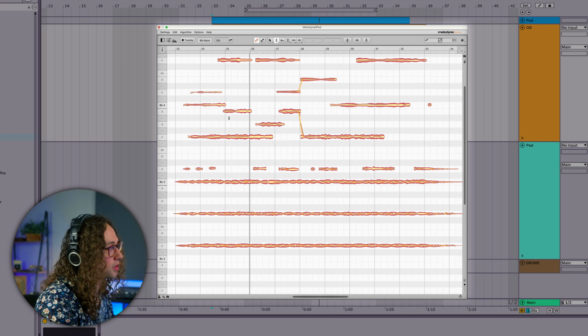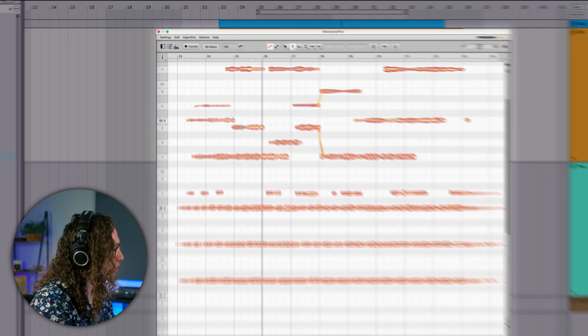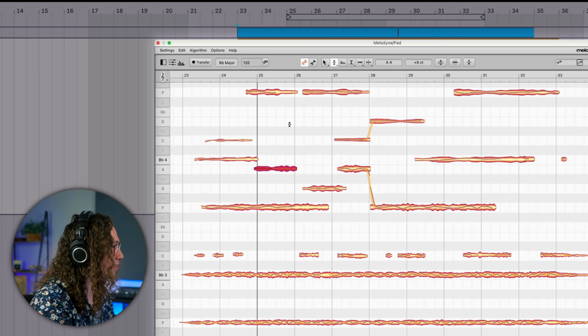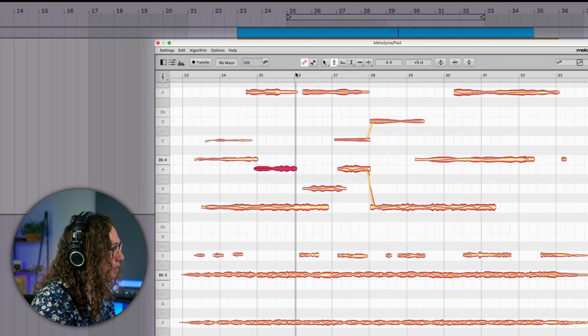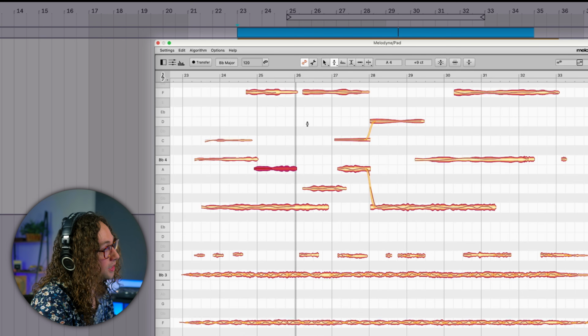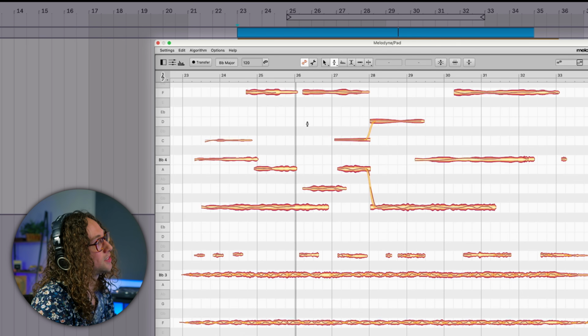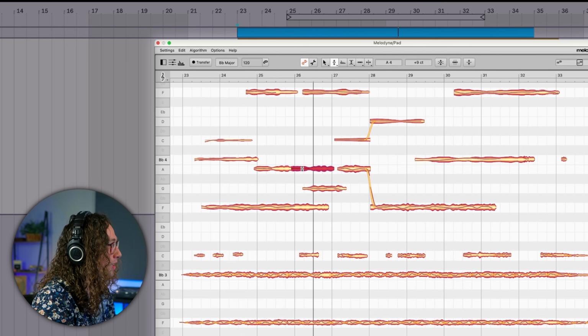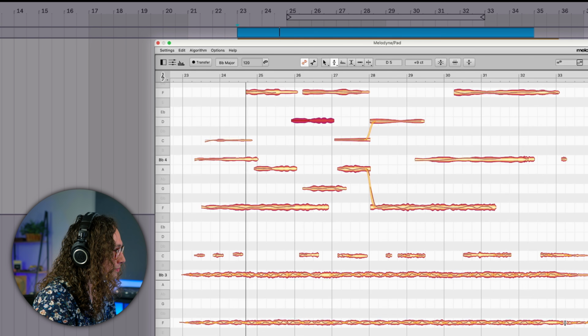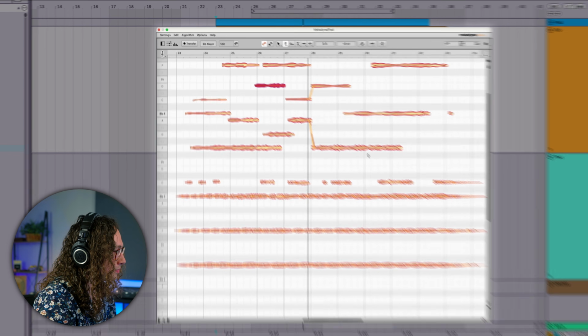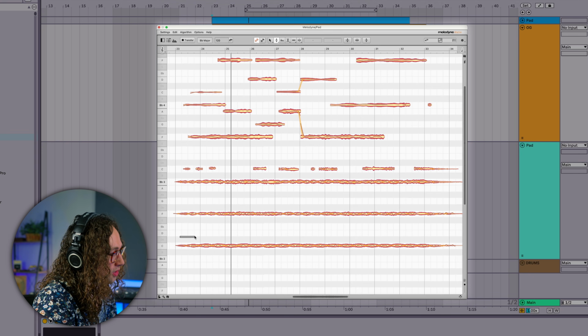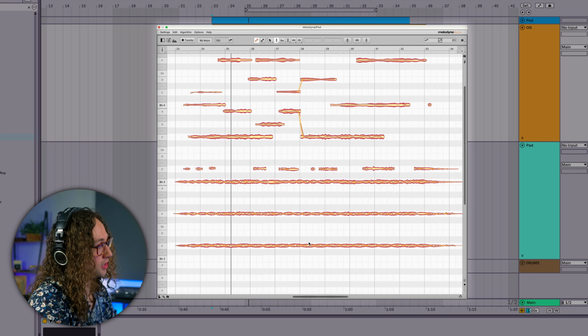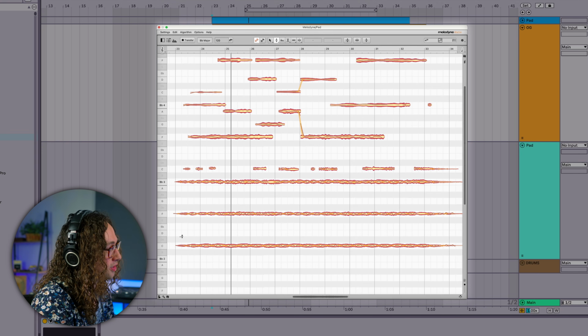Important to remember too that we can copy and paste these notes around as well. So if I want to copy this one, I press Command C and I go up to the top and I select exactly where I want it pasted and I click inside of Melodyne so it deselects the note that we just had and I press Command V. It will select it and we can move this around too. And of course, the beauty with Melodyne too is that we can move around the notes that were actually in the original pad as well. So if I wanted to change these bass notes,